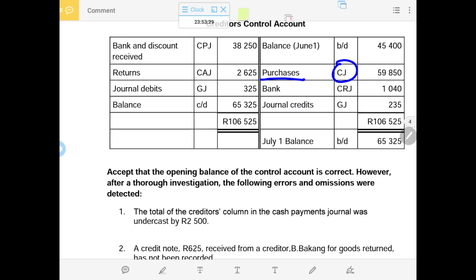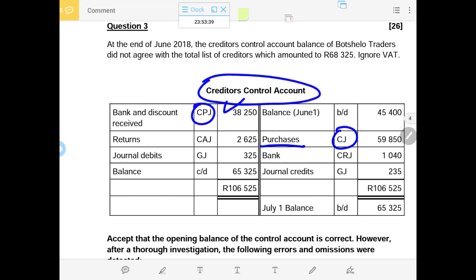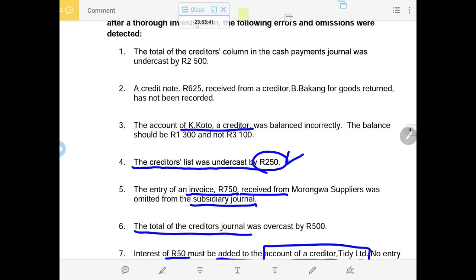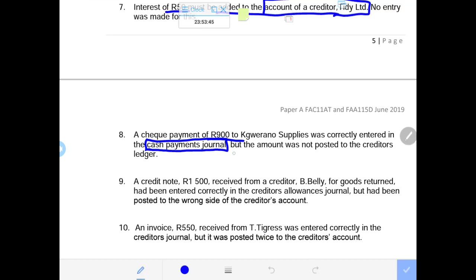That means your debit side of the creditors control where the CPJ is correct, meaning your creditors control account is recorded correct if the CPJ is correct, as they mention. I'm still analyzing. Then they say, but no amount was posted in the creditors ledger, which is the specific ledger